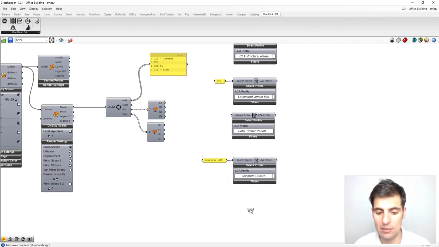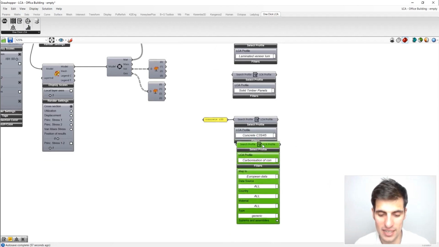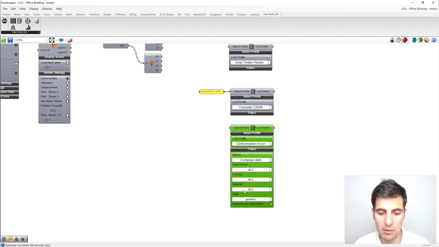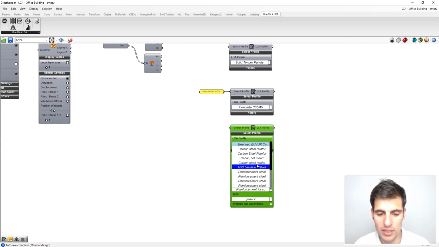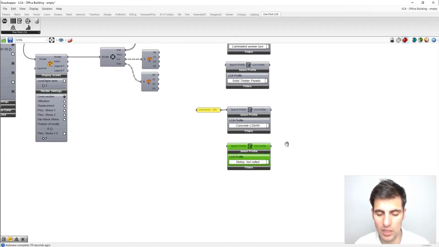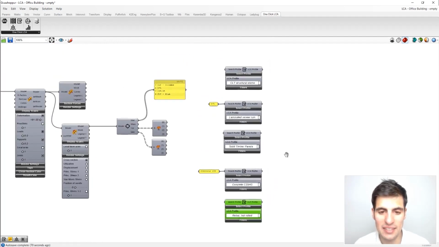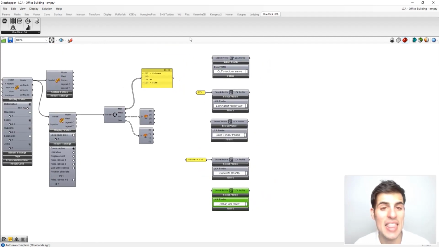So let's repeat this one last time, and in this case I'm going to go to the material category, reinforcement for concrete. There we go. Okay, and the LCA profile will be rebar hot rolled. Okay, so now we are done defining my LCA profiles, and the next step within this plugin for OneClick LCA